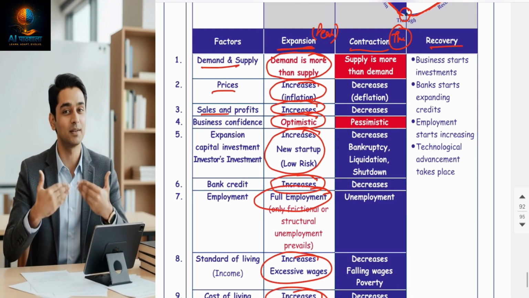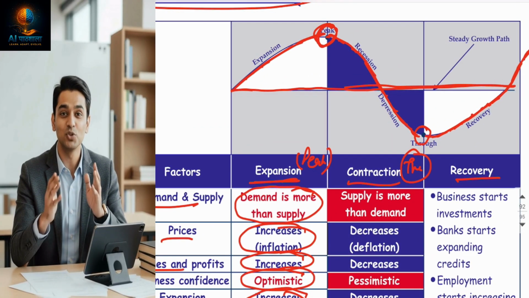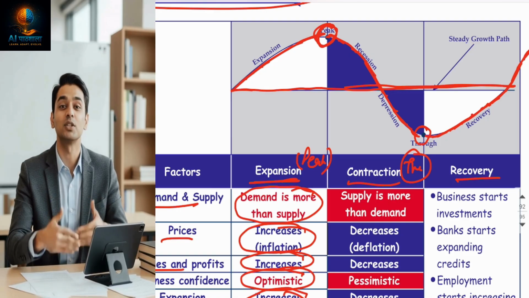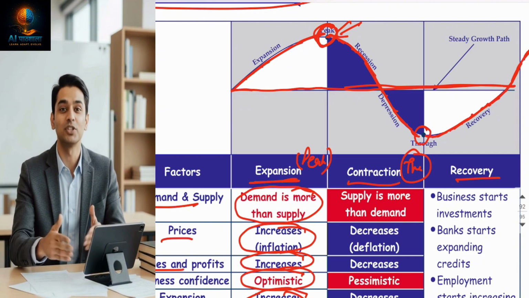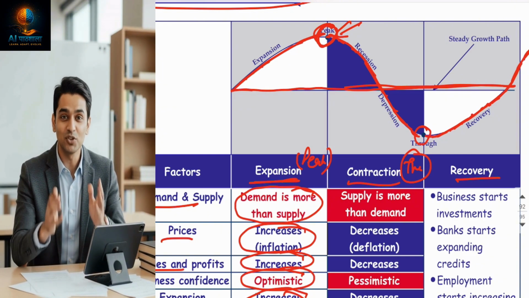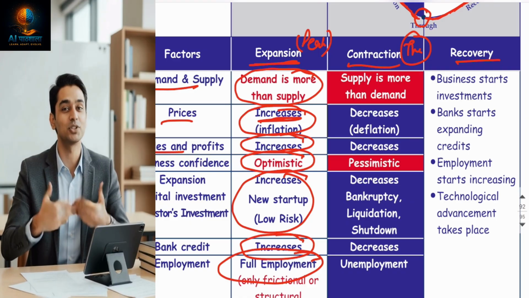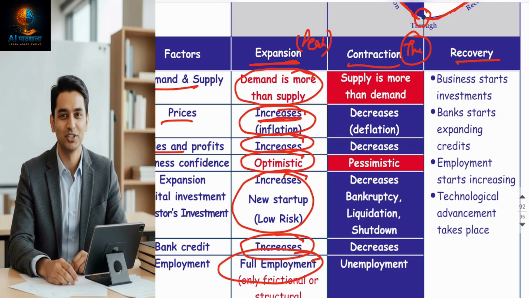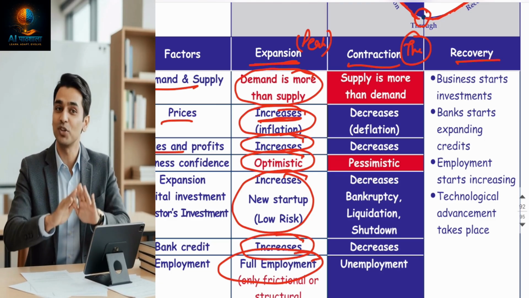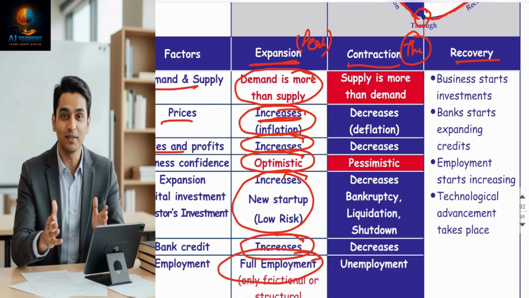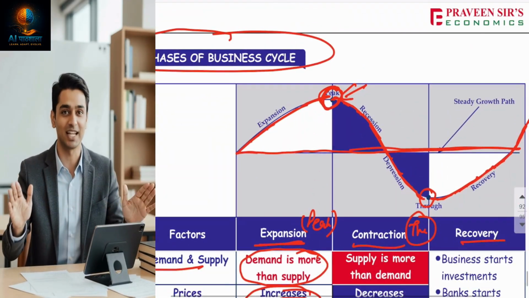Now, friends, expansion reaches the top point, the peak. Peak is also called the boom period. The economy is at its highest point: full employment, high income, high output. Prices rise and the cost of living also increases. In this period, inflation is increasing because demand is more than supply. But this inflation is not painful. Why? Because when your income increases and inflation increases simultaneously, inflation does not give any pain. You don't realize it. With inflation, your demand is increasing, your income is increasing, your standard of living is increasing. Everything is going on best.